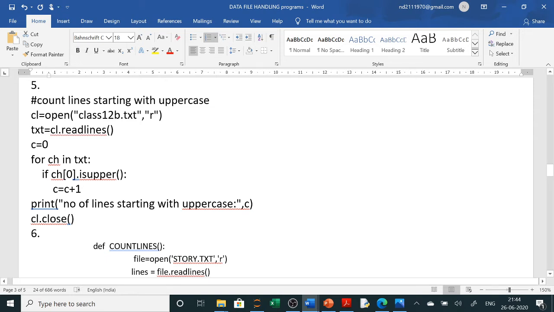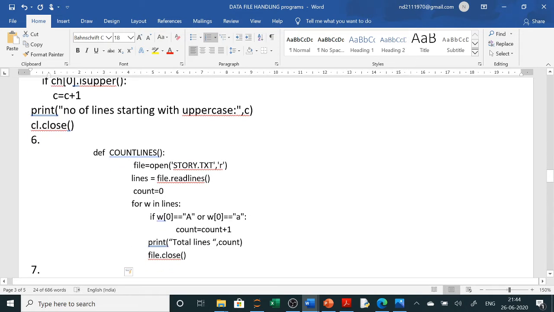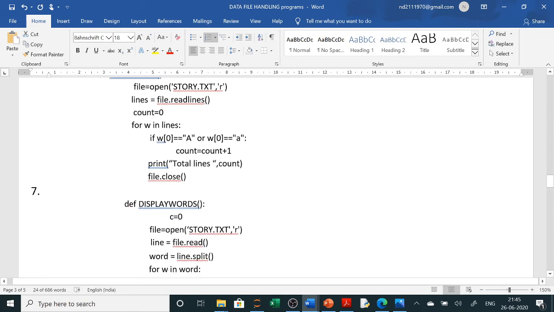Now these programs are direct write-a-program questions. Next, in the board exam they are asking to write a function. So function means you will use the def keyword and write the function name, and if there is any argument, here there is no need to pass any argument. Directly we will open the text file in read mode, and then readlines will read the lines, and you can access line by line and check if it starts with A, and then we count those lines.